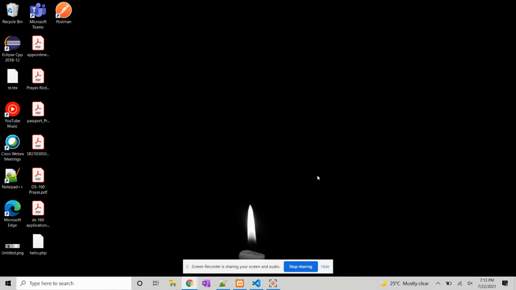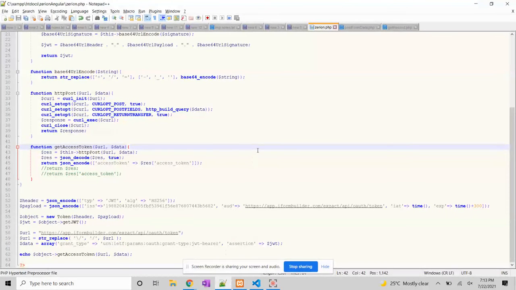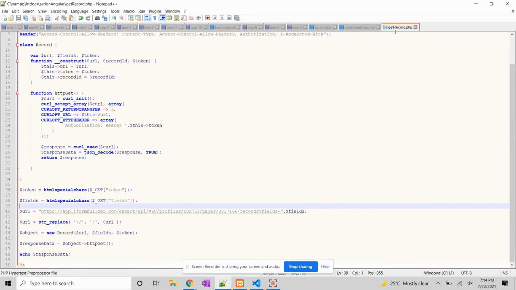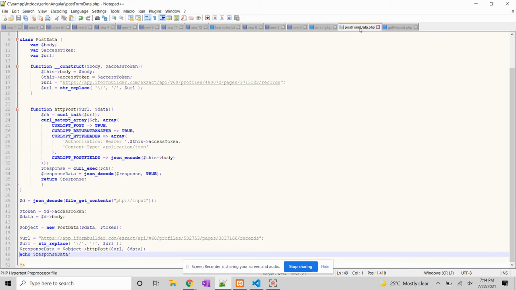So let me go through the backend first, show you the APIs which I have created, and then I'll walk you through the front end. I created three APIs in PHP. One is Zerion.php, the other one is getRecord.php, and the third one